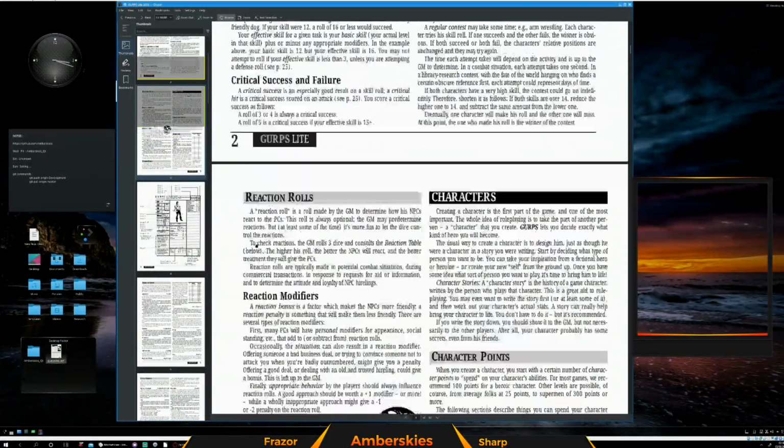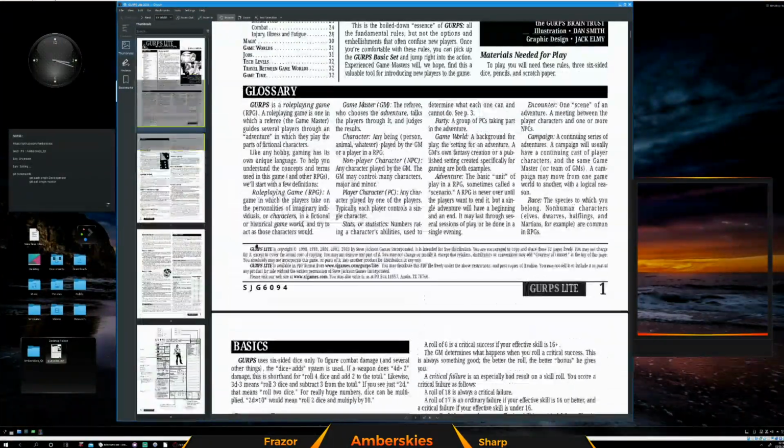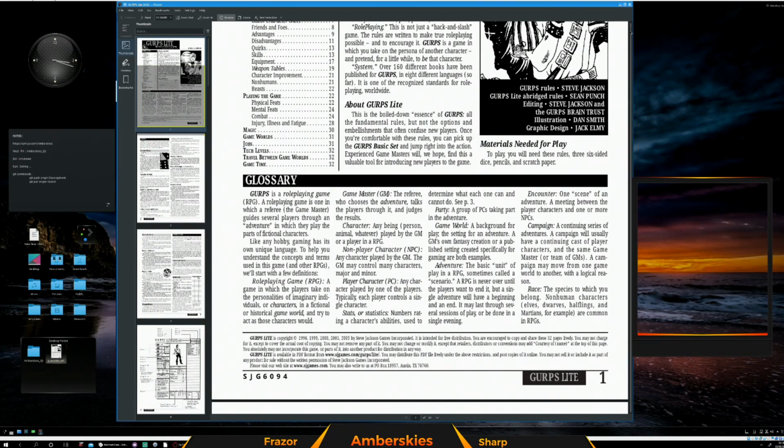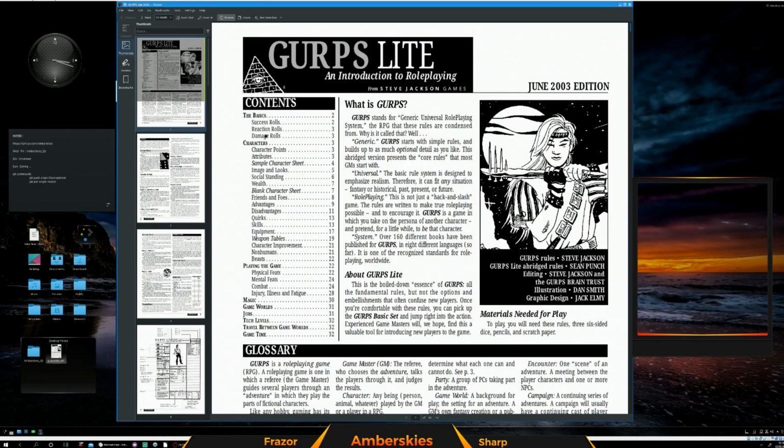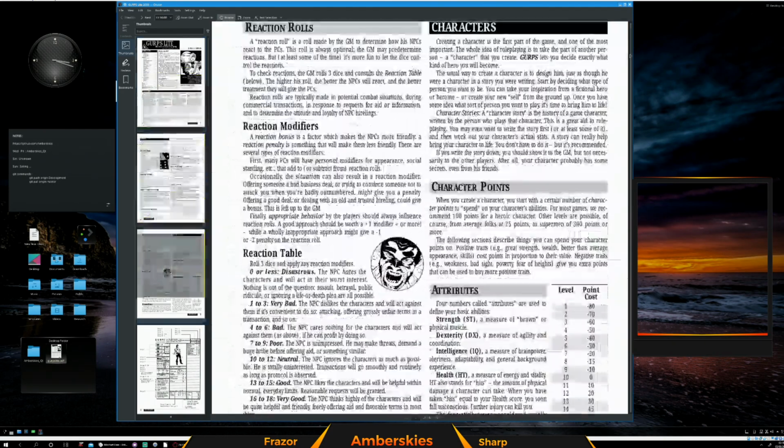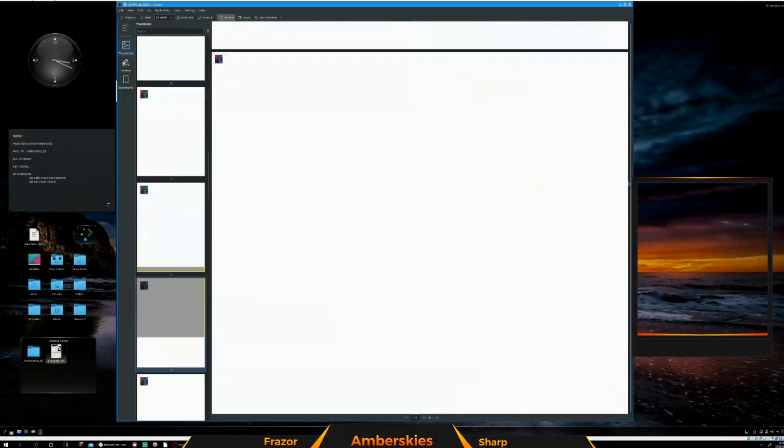semi-okay. And if we go back up to the top here, where is it? There's my little thingy, right? Image, and so on. Disadvantages, quirks, skills, and so on. Character improvement, numbers, playing. Yeah, it's masses of pages of nothingness here. So 22,